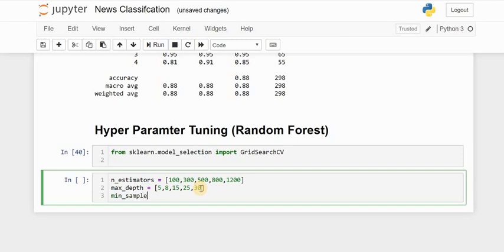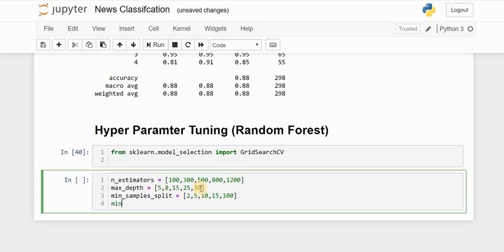The next hyperparameter that we are going to tune for random forest is minimum sample split. This minimum sample split depicts the minimum number of samples which is required to split an internal node. So these numbers are purely from intuition basis. You can play with these numbers. As my experience goes, I am using these numbers. You can try your own numbers as well, and if you find more efficient numbers for this grid search, you can comment down in the comment section.